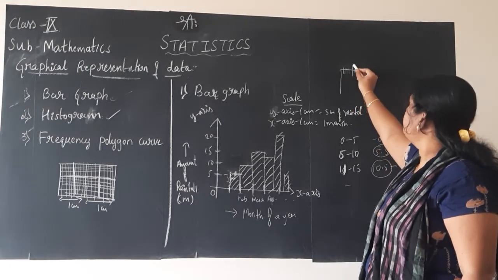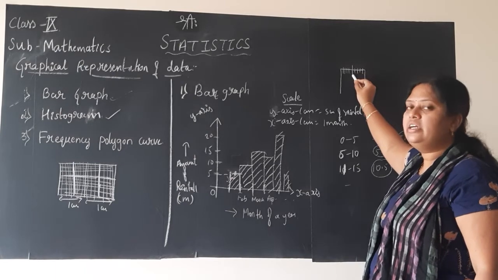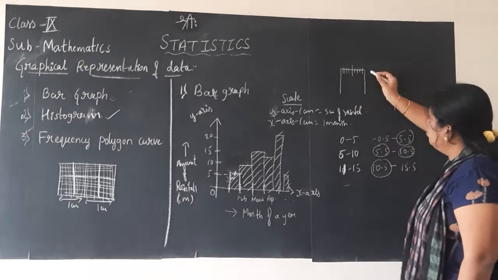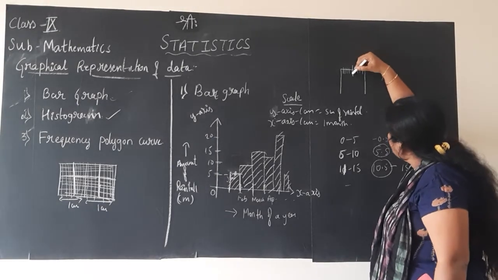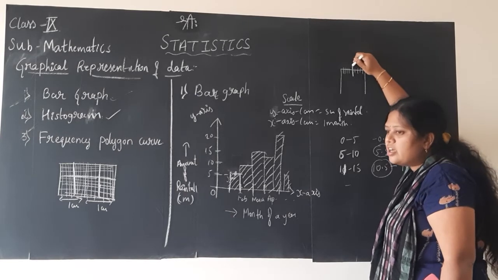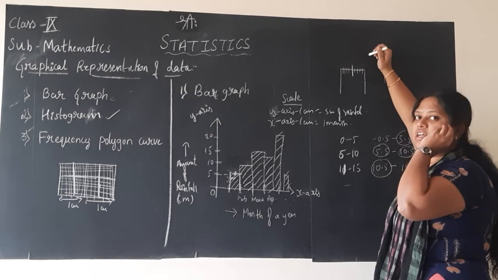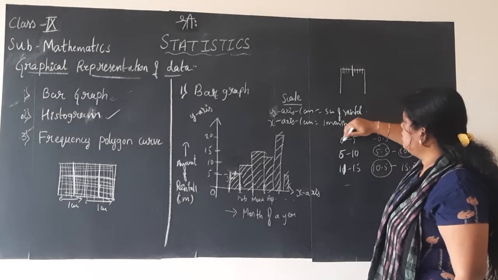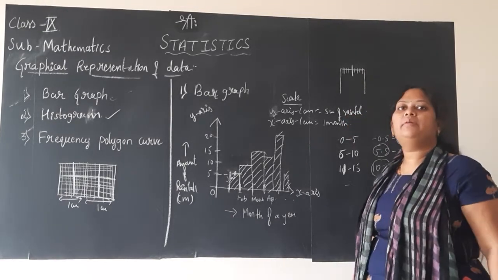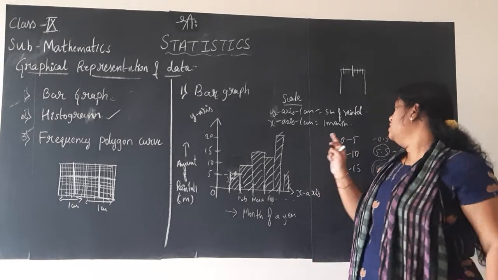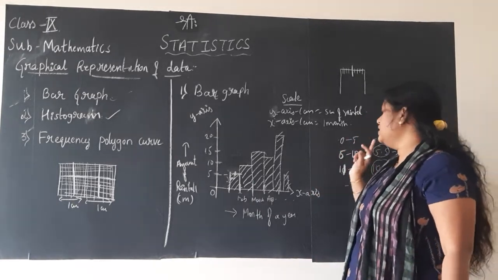1 2 3 4 5 will be a little darker line, again 6 7 8 9 10 will be there. So when you count, this 5 which is in the center will be the midpoint. In class 8th in the data handling chapter, you have learned how to find the midpoint. Say 0 to 5 in the class interval 0 to 5, which is the midpoint? Andre, you will hold your hand 0, 1, 2, 3, 4. This is with class interval, 6 children.